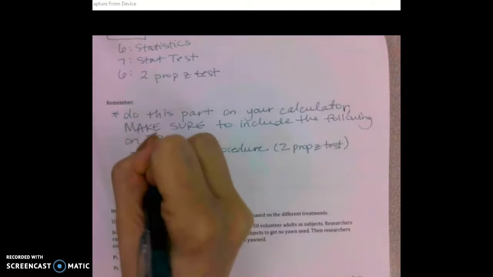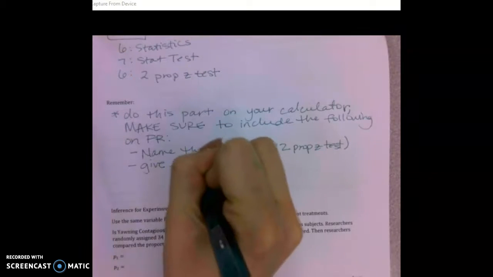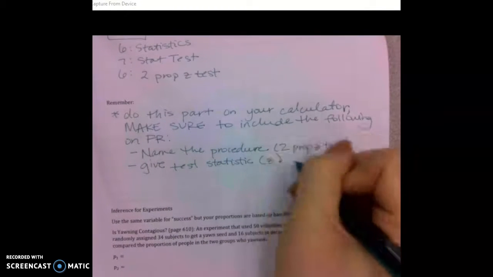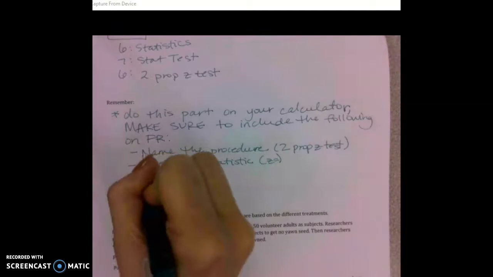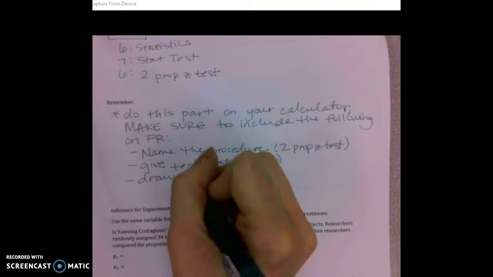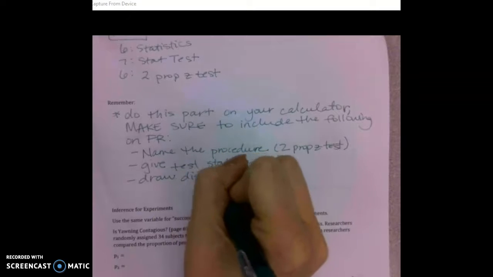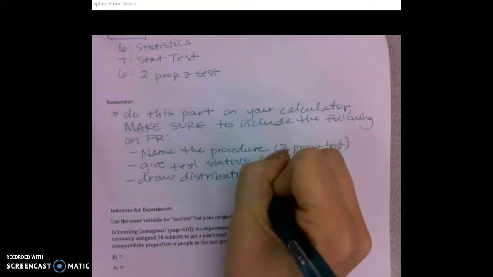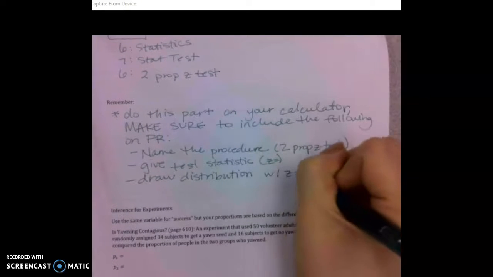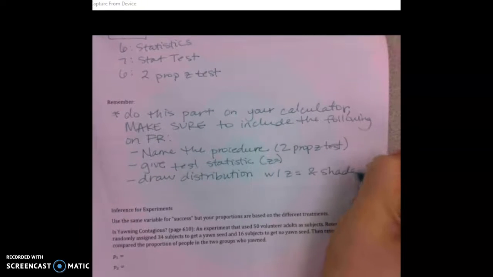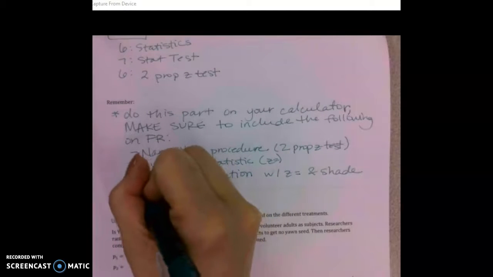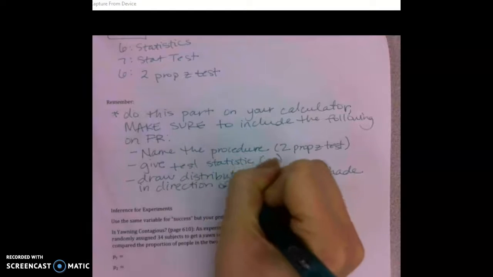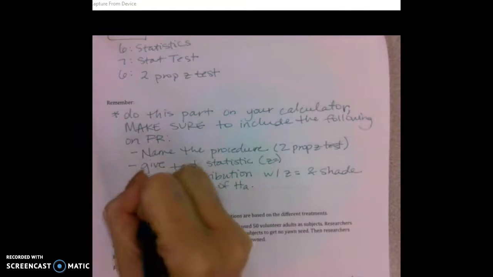You need to give the test statistics. So what is the z value that you found, okay? And then you need to draw your distribution. You need to shade the appropriate regions. So if it was a less than, then you shade the lower portion. If it's a greater than, the above portion. If it's a two-tailed that does not equal, you shade both sides. You need to state your p-value,